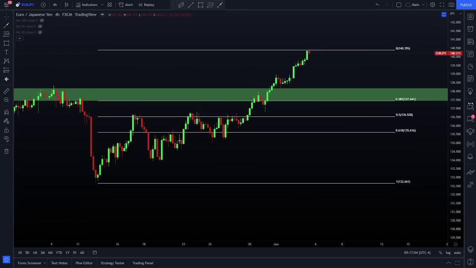And you can see where we're going with this. This looks pretty good to me on a pullback buy this week. We'll look out for that. If we have a first half of the week, for example, negative for the euro yen, maybe a little bit of yen strength or euro weakness, potentially looking for continuation plays on this pair.